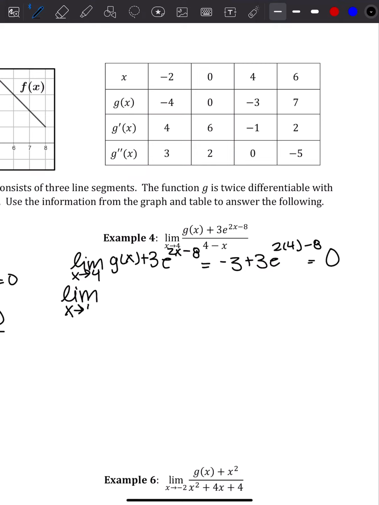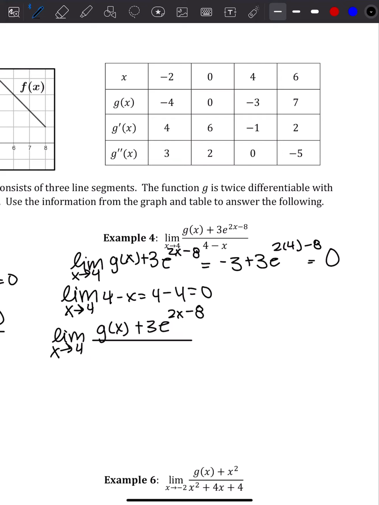The limit as x approaches 4 of 4 minus x is equal to 4 minus 4, which equals 0. So the limit as x approaches 4 of g of x plus 3e to the 2x minus 8 divided by 4 minus x